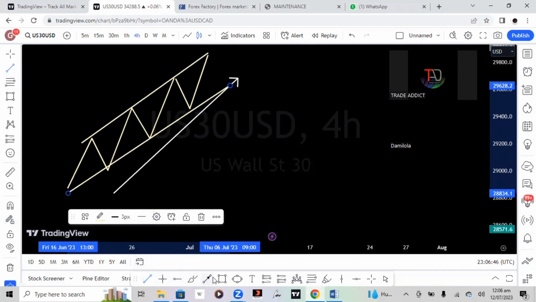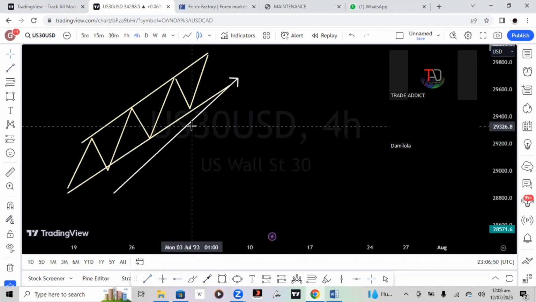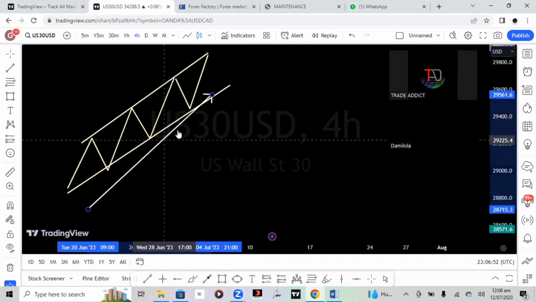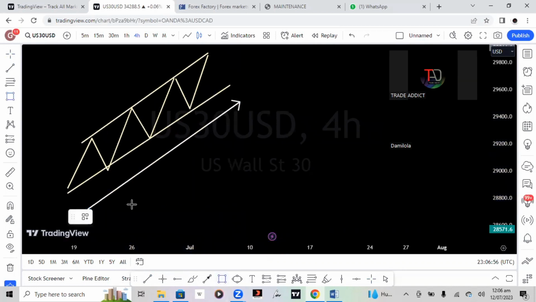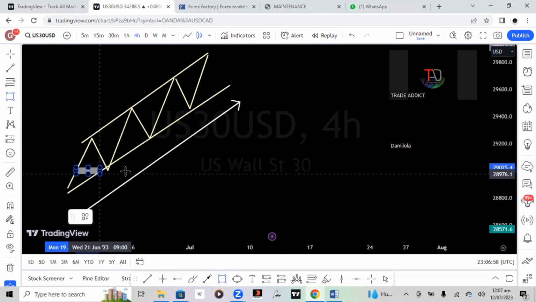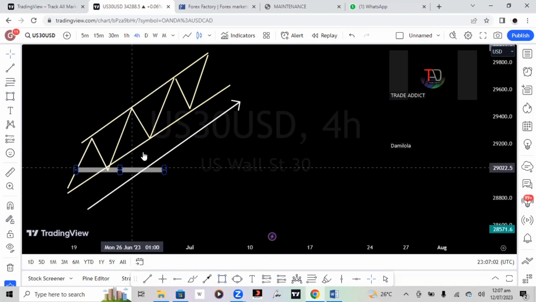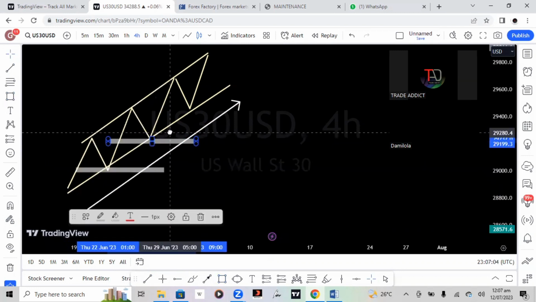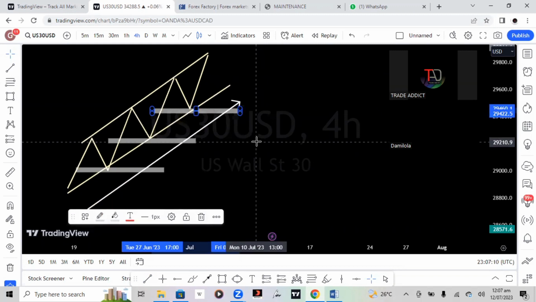And in an uptrend market, we always look out for what? A buying opportunity. We look out for only a buying opportunity. And how do we look out for a buying opportunity here? We wait for price to create what we call a higher low. We wait for price to create a higher low before we look out for a buying opportunity. So this is how an uptrend market works.